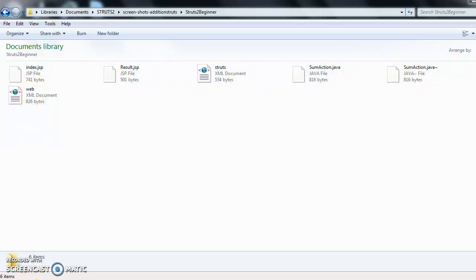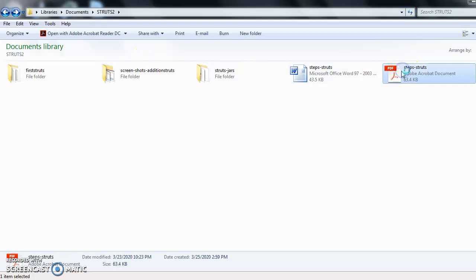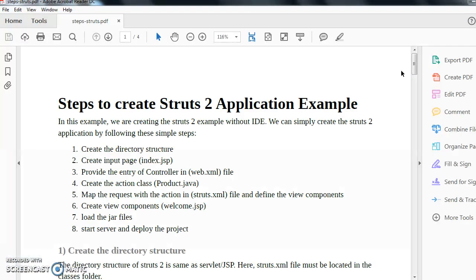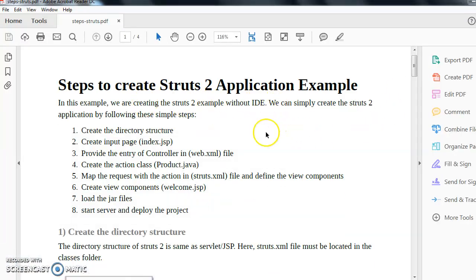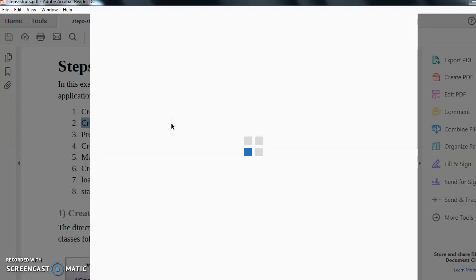Already we have gone through the steps to develop the application, and the steps to write Struts 2 applications are these. First step is create a directory structure. Second is create input page index.jsp.